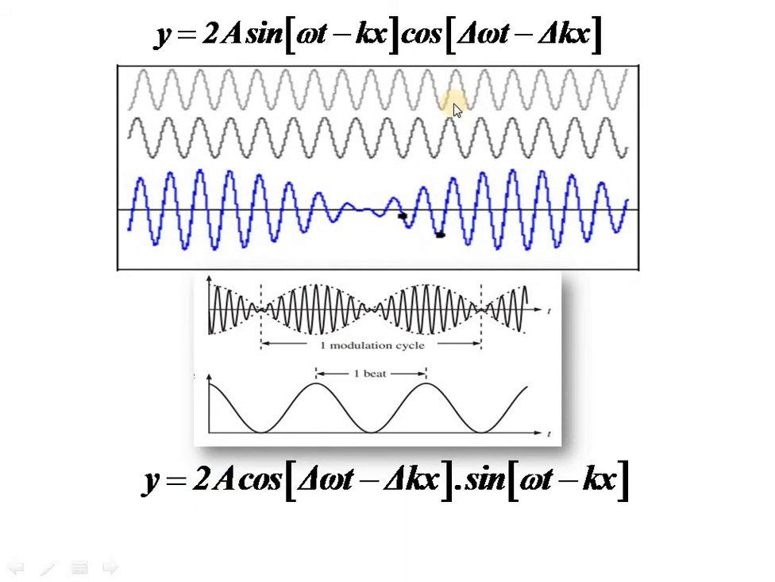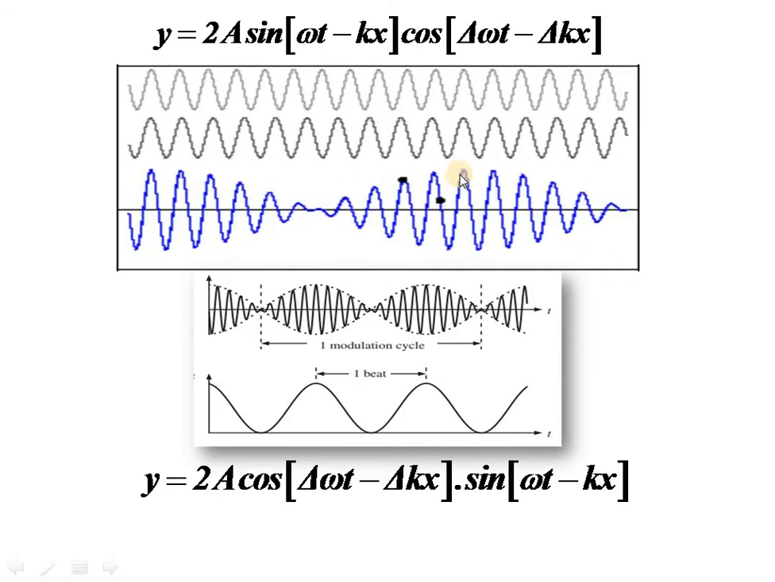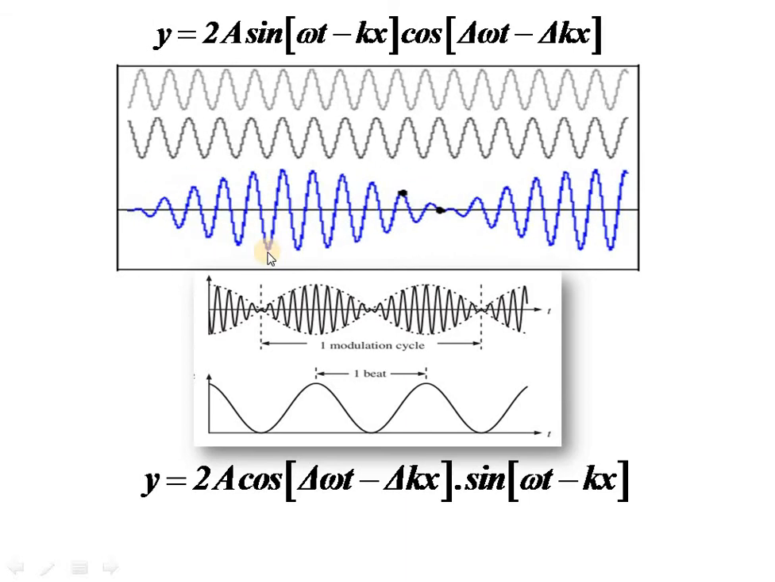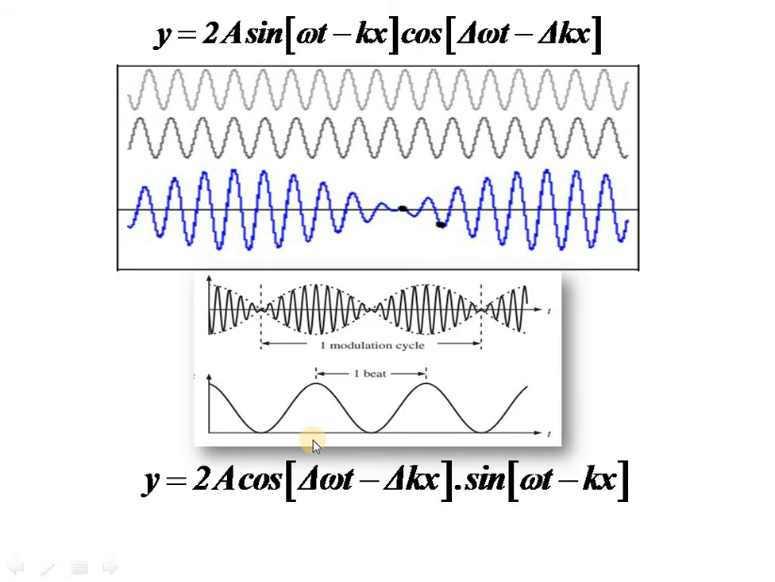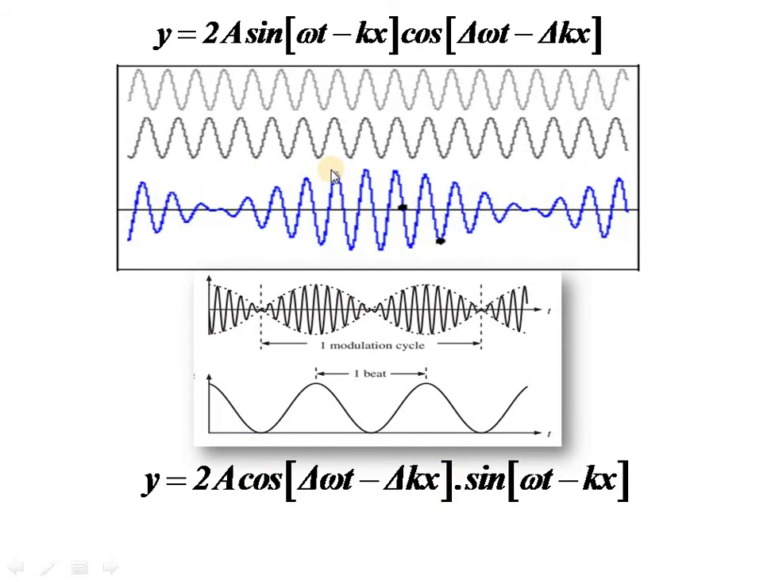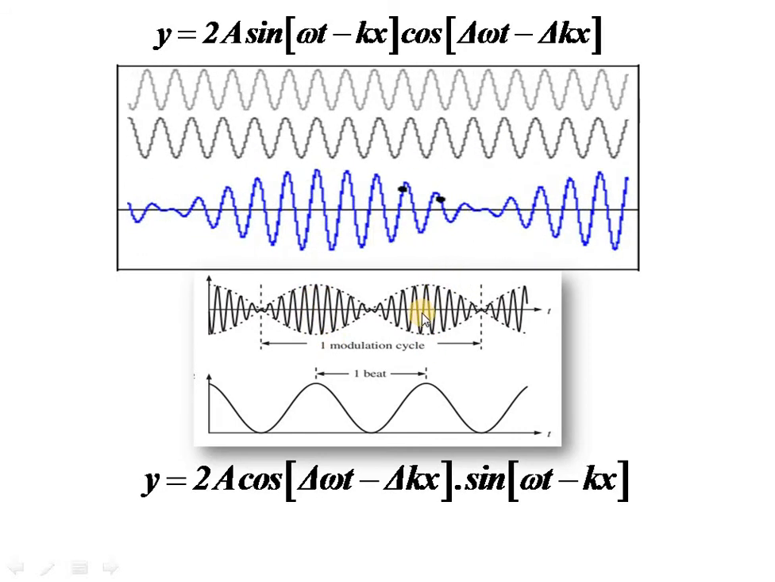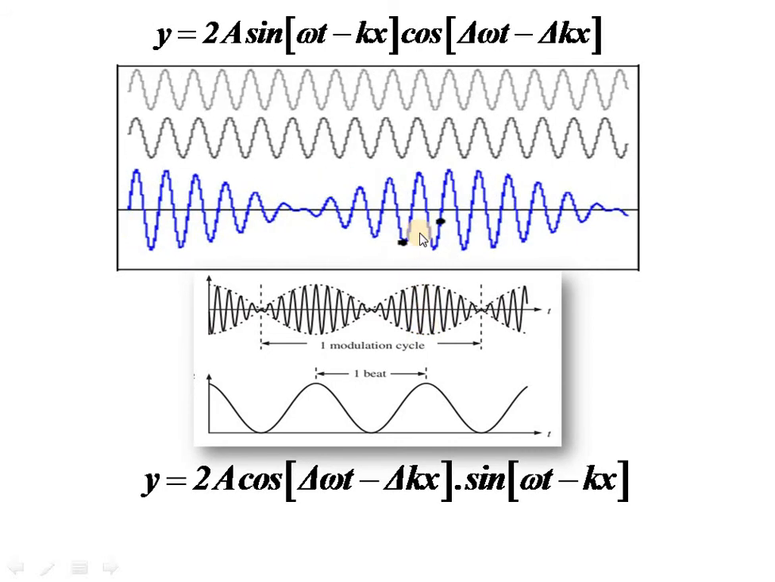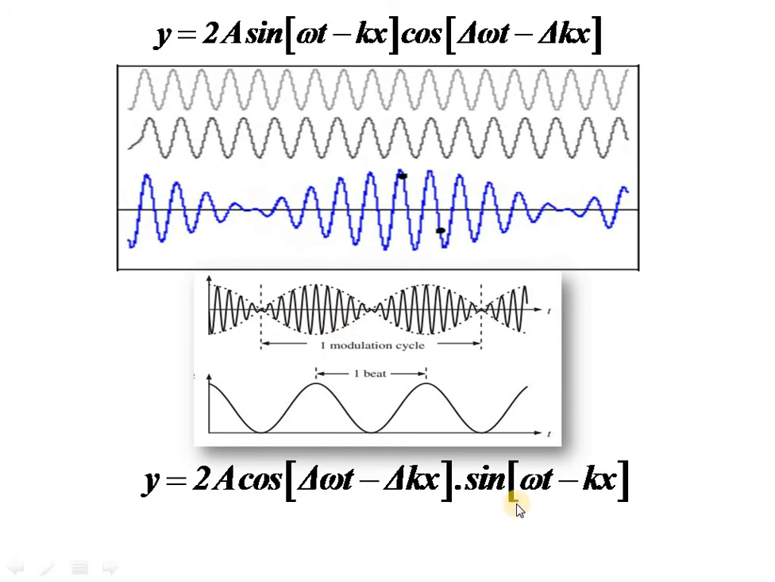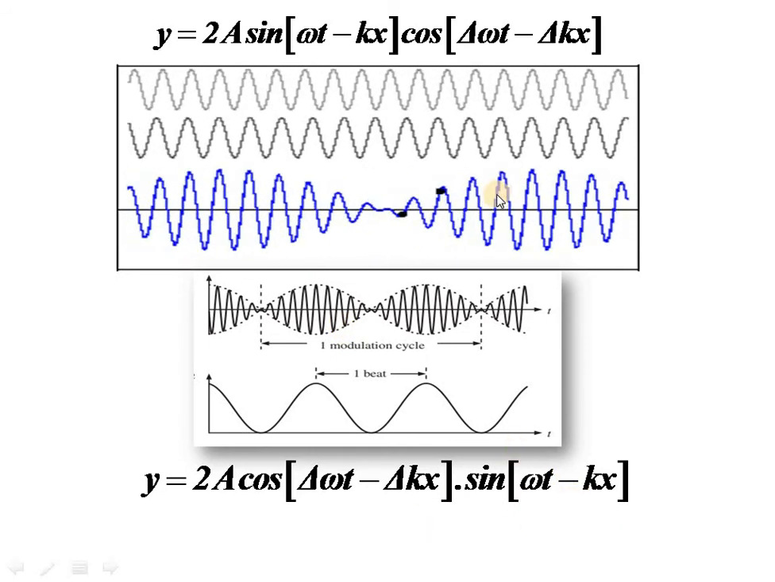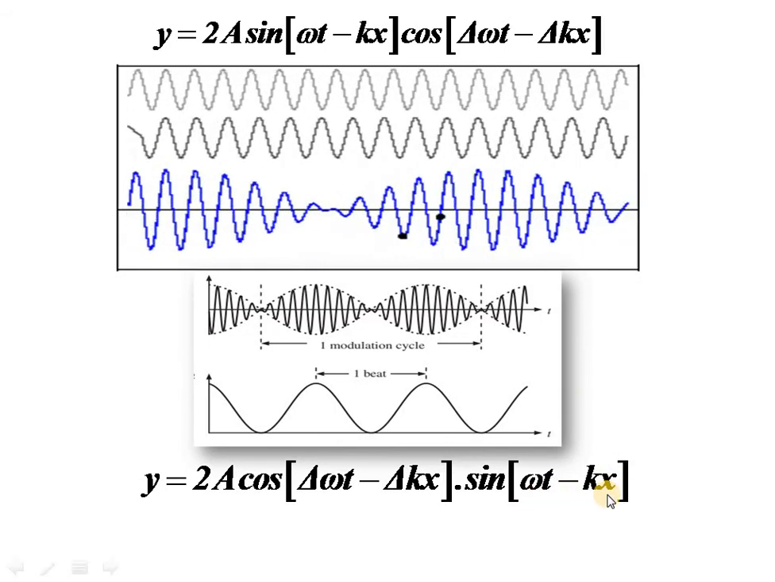You can also see that the first wave is of amplitude a, the second wave is of amplitude a, and in the third, the resultant wave, at some points the amplitude will become 2a. Whenever the cosine factor becomes 1, the amplitude will become 2a. That was discussed in the previous slide. At this point we had a maximum amplitude, and this is time varying. Understand? Time varying. And the second part is discussing the oscillations within the